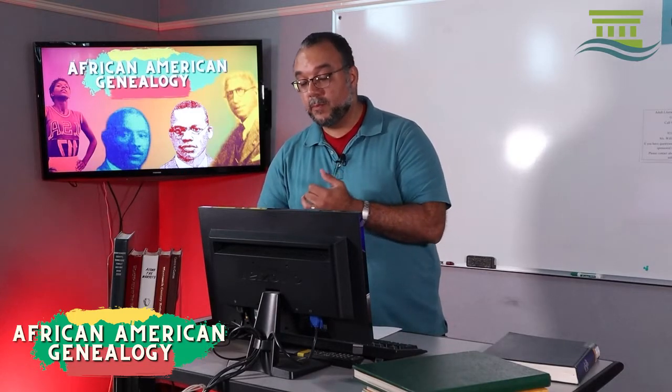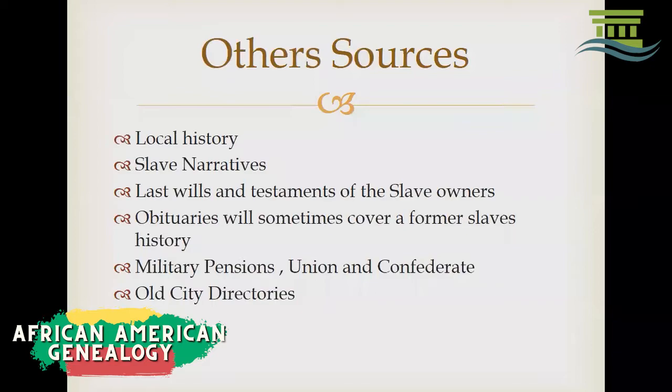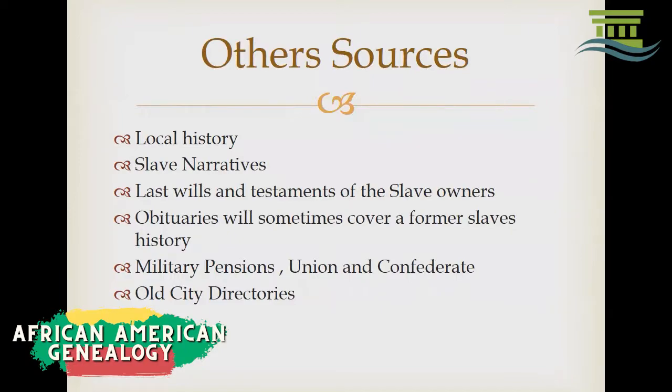Your other sources, and we do have some here, right here on my desk, a wide variety of books about churches, Montgomery County history, local history, historical societies. There are other sources that have, as of yet, not been digitized in your area or where your ancestors lived. So I want to encourage you, in Tennessee, I like to brag about Tennessee, we have 95 counties. All 95 counties have a historical society or an archives and an archivist who is actually there, willing and able to help all who are searching for their ancestry.